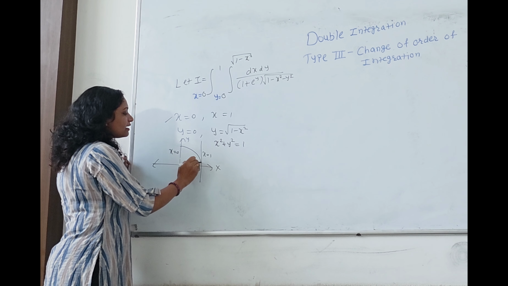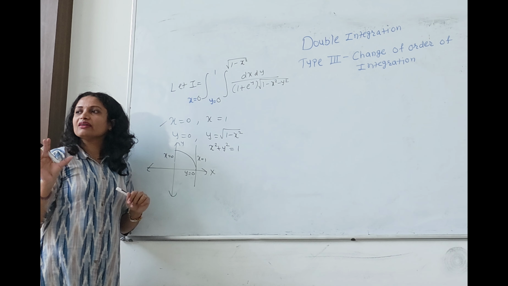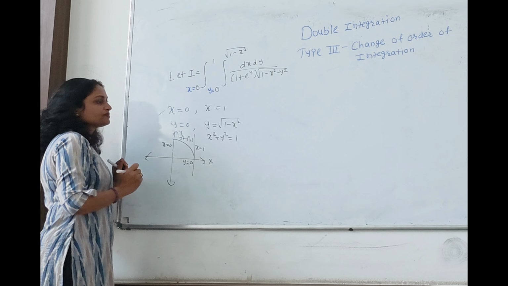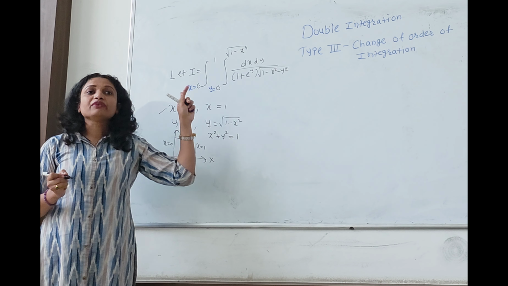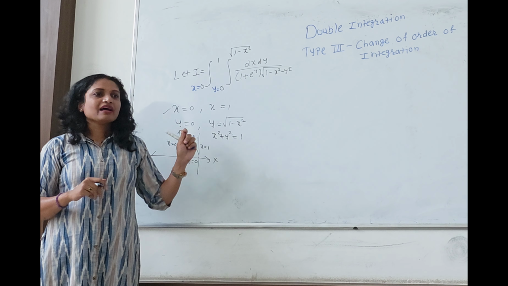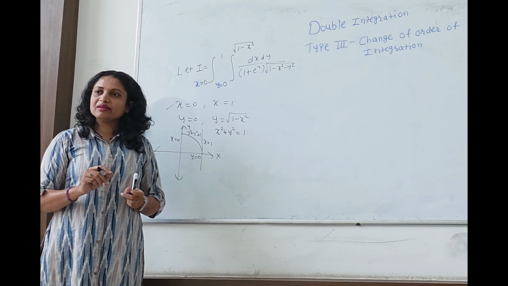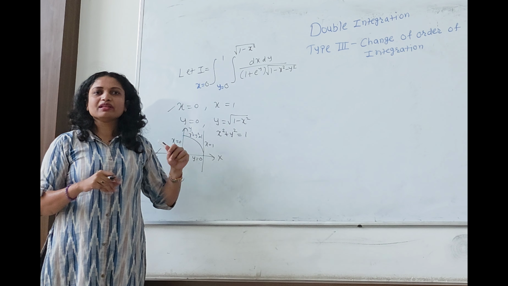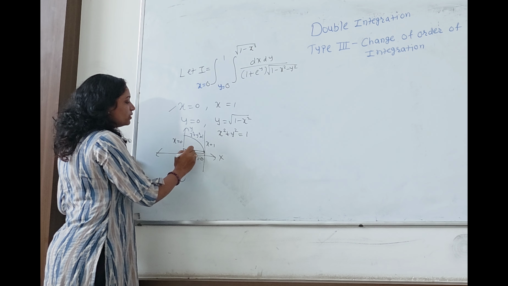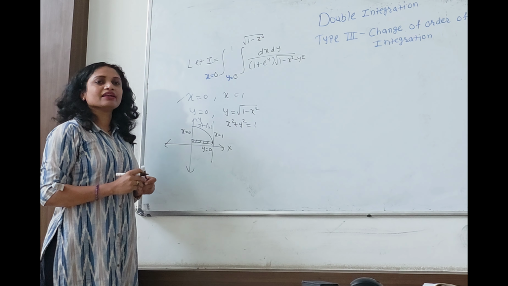As we are having the region within x equals 0, y equals 0, we need to consider the circle in the first quadrant only. So the equation of the circle is x square plus y square equals 1. Now previously you had y's limit variable, meaning this strip was considered before, the vertical strip. As we need to integrate first with respect to x now, x should have variable limits. So to have a variable limit, which strip is to be there? Horizontal, right? So let's consider the horizontal strip. Move the strip from bottom to top to cover the region. Can you tell me what will be the limit for x and y?